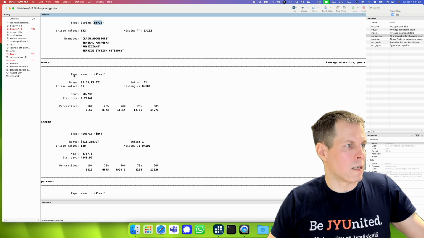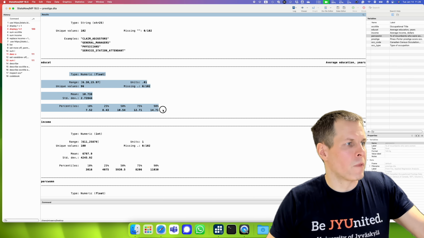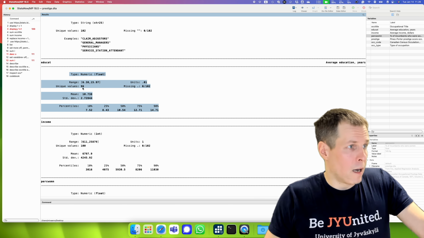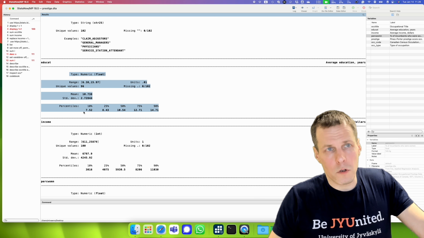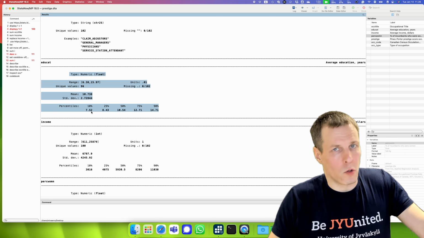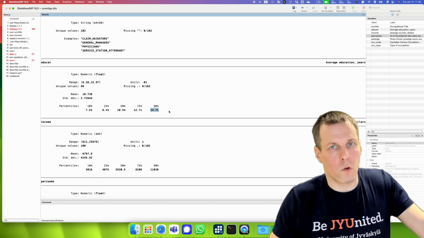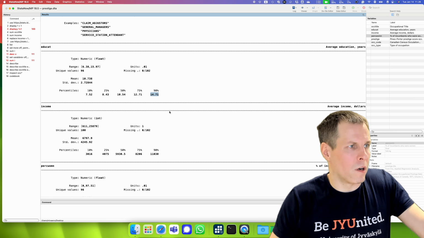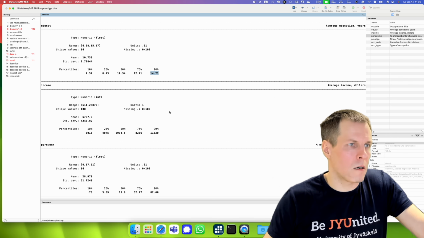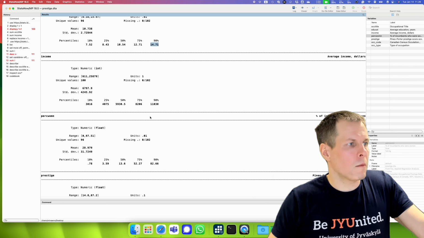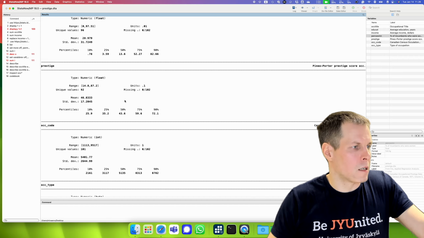Then we have education. We can see that it has 96 unique values, mean, standard deviation. Then this tells us about the distribution. So 10% is 7.52, meaning 10% are less than that, and 90% are less than 14.17. So the number of years of education is pretty small compared to current standards. Then there's the income, percentage bonus, prestige, and